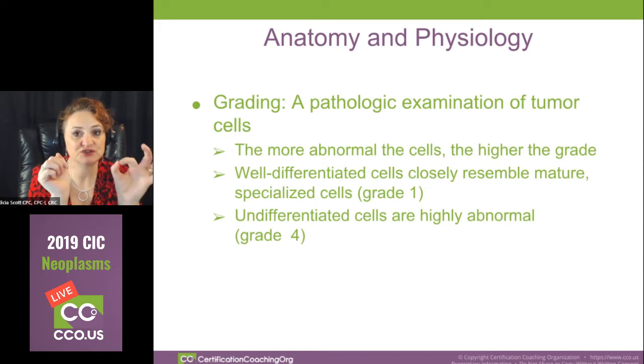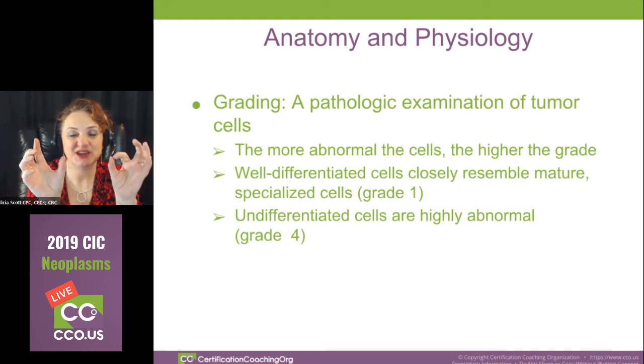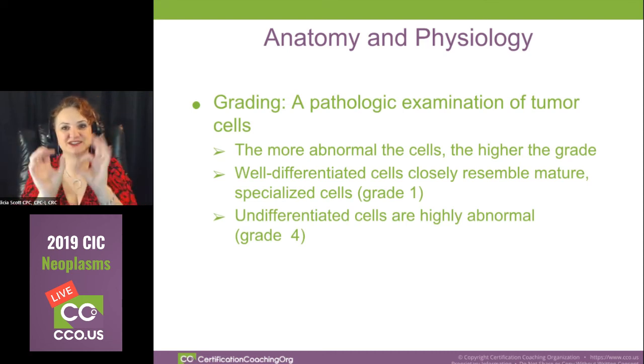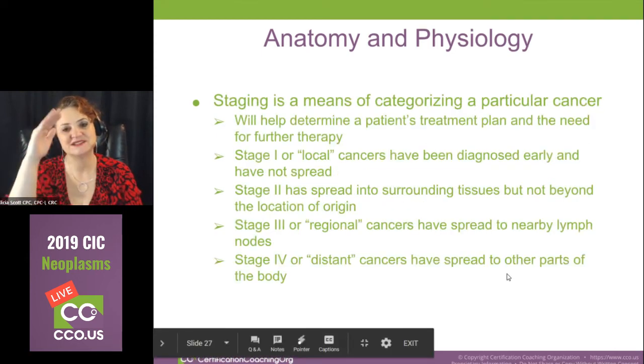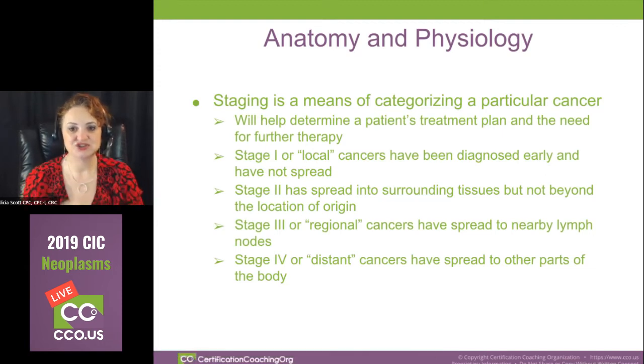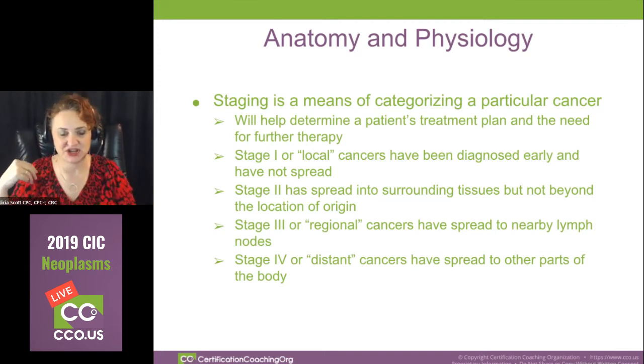If you have circles and triangles, that's really weird, because, you know, even with a square, you've got 4 points, but with 3, we don't even look like a circle anymore. So that would be a higher grade. And again, I'm simplifying this greatly just so that we can get an understanding of how to do that. If we are going to also look at the staging. Now, staging, the other thing that we're going to look at is